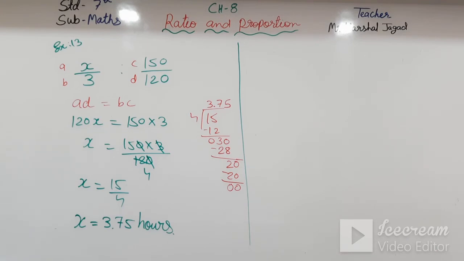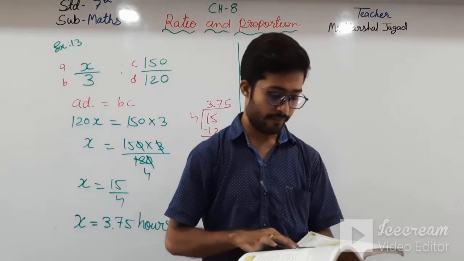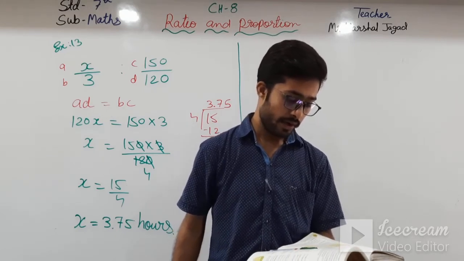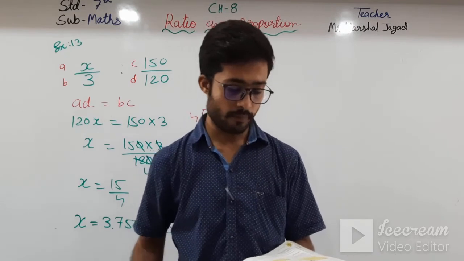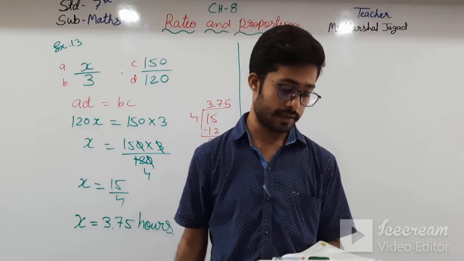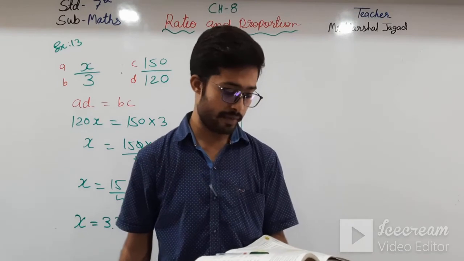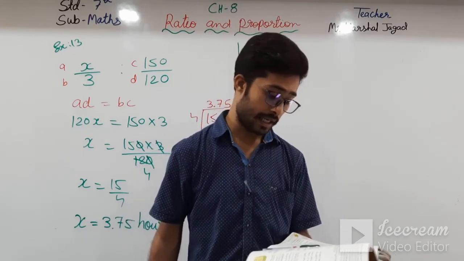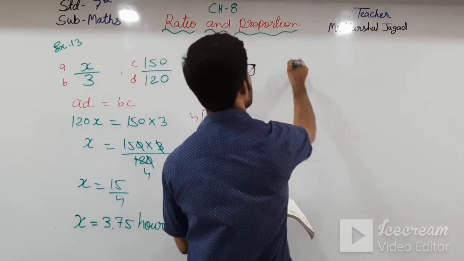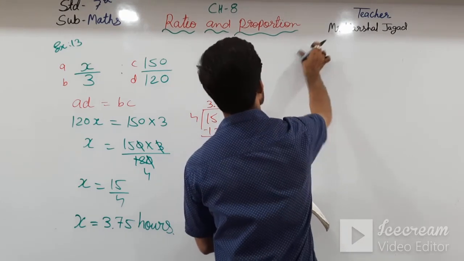Now, just moving towards example number 14. See here, in a school, the management ensures a pupil-teacher ratio of 25:1 in the primary classes and 30:1 in the higher classes. If there are 14 primary school teachers, how many students can be admitted in the primary classes? So what they have done? For one teacher there are how many students? Sorry, the ratio will be